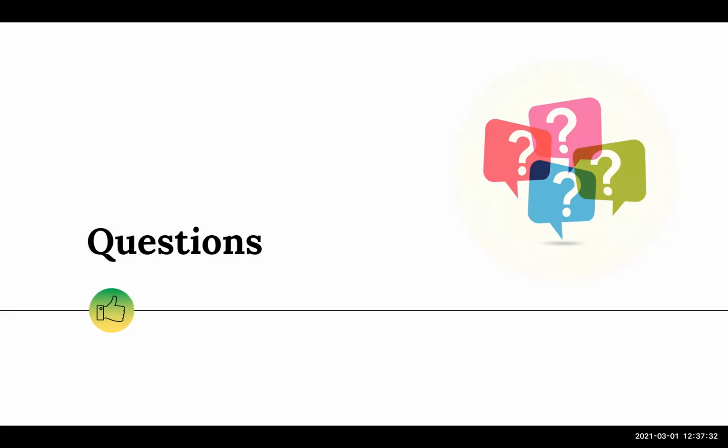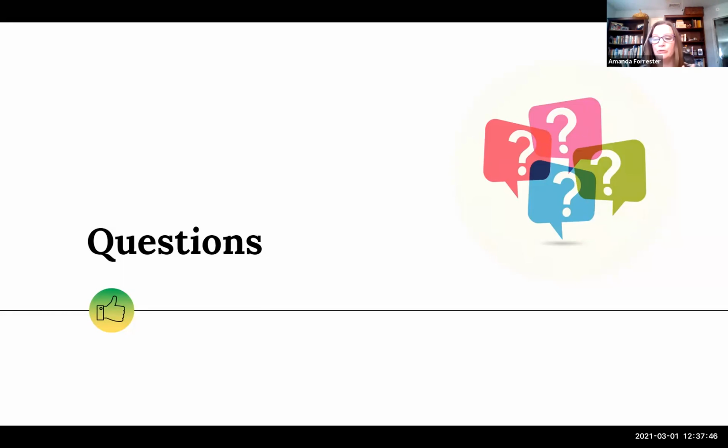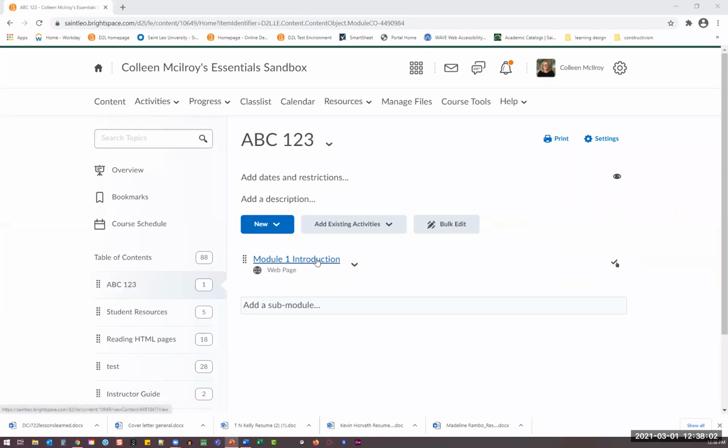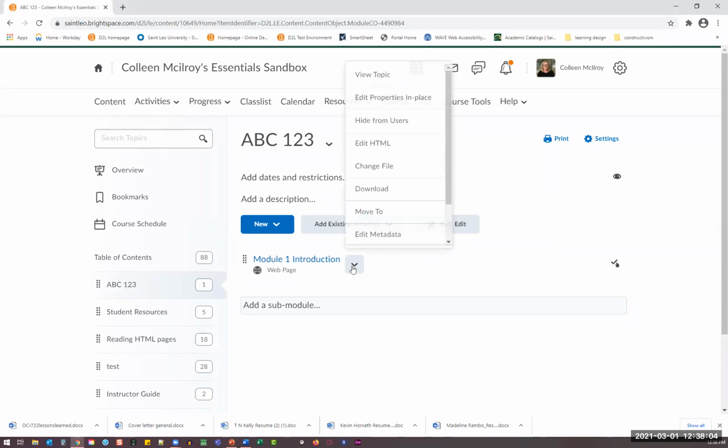I have a question. Okay. So you mentioned we could take elements we like from the different templates and if we copy them correctly, we can paste them into our own new template. Once we have that built out and we love that, can we save that as our own template somehow? So it won't show up in their drop-down menu, but what I would recommend is that, let's say you